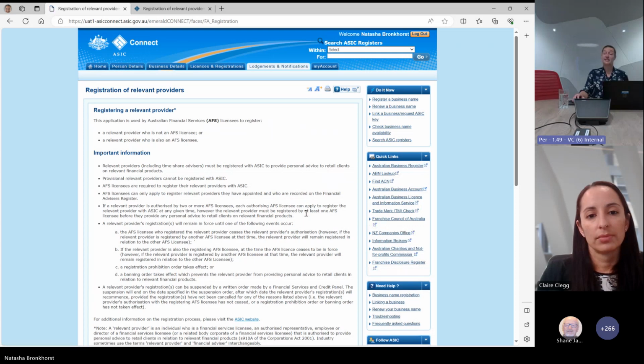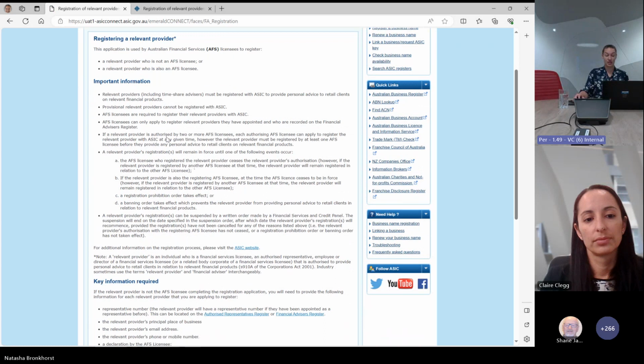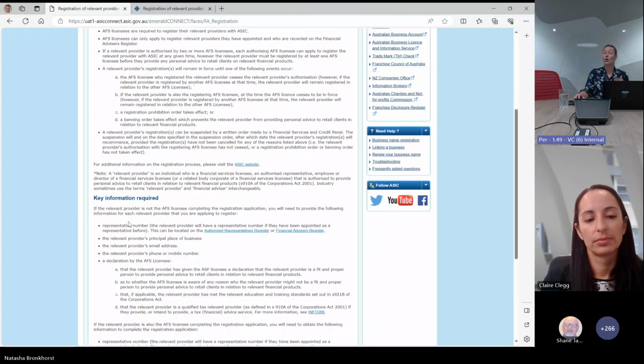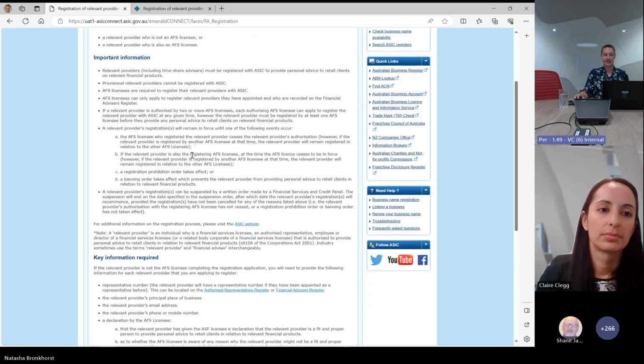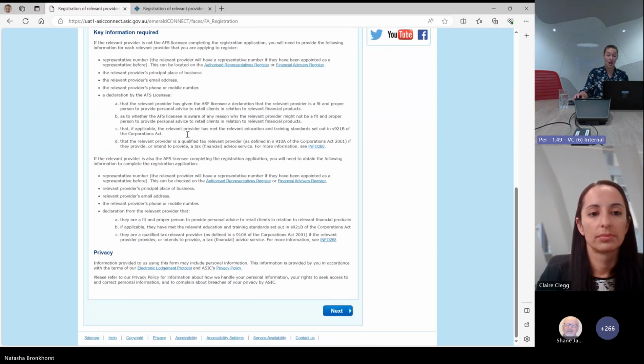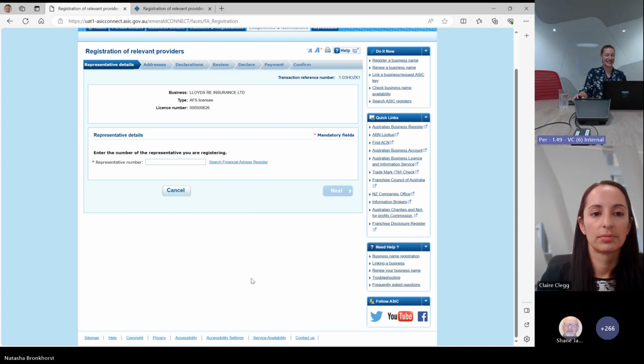As mentioned before, licensees will receive a cover page. From here, it provides important information, including an overview of what information is required during the registration process. Licensees are encouraged to read this and familiarise themselves with this information before they submit a transaction. So from here, I will select Next. And just bear with us a little bit. It's a little bit slow in the test system, but here I can see that I have been asked to